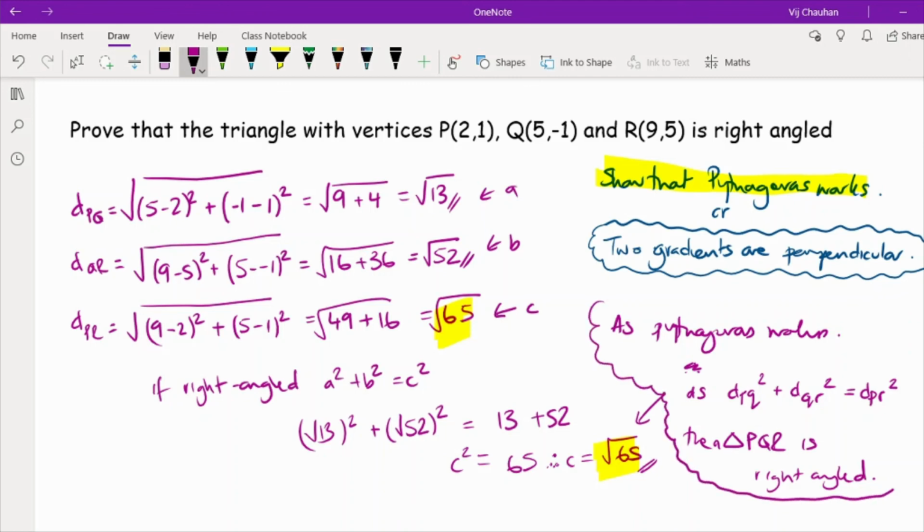rather than just leaving it so that whoever's marking your paper has to guess exactly what you've done to prove it, because all you've done there is show that two numbers are the same. So it's always worth writing that extra statement, that extra sentence, just to put the icing on the cake,